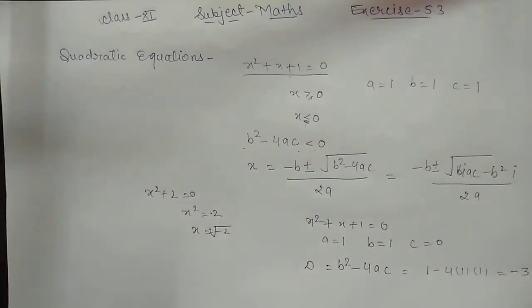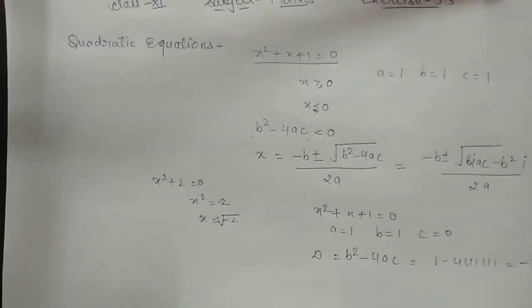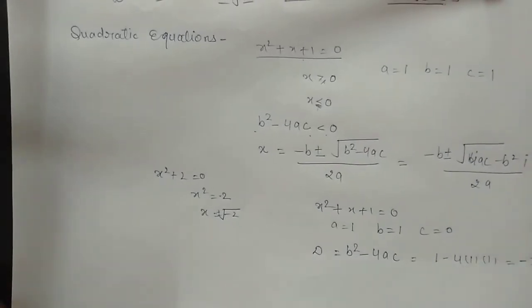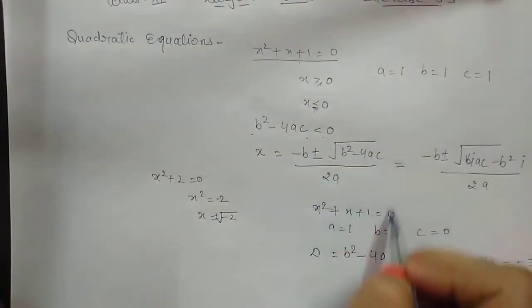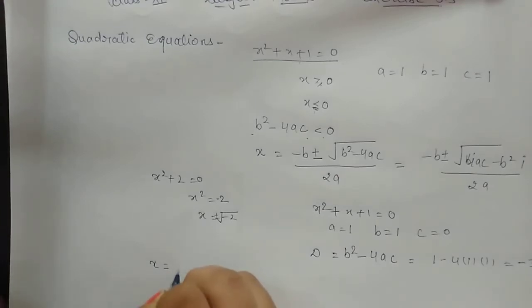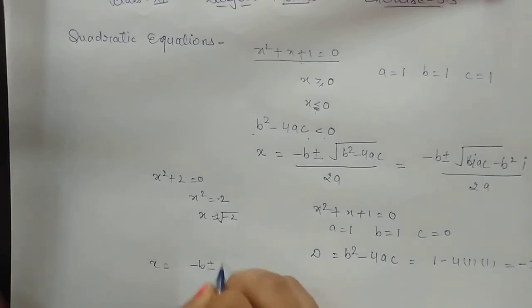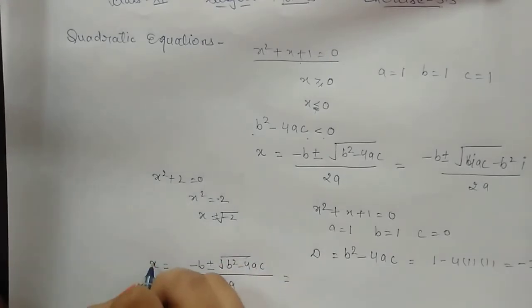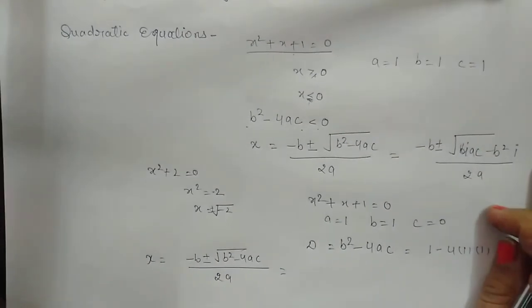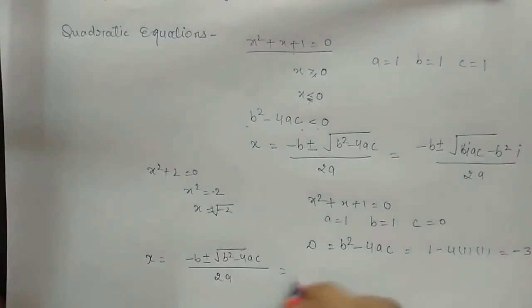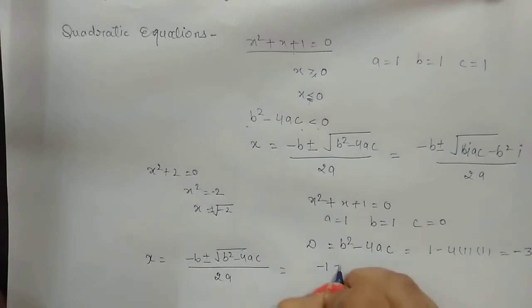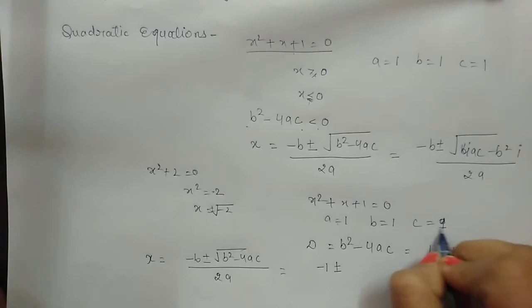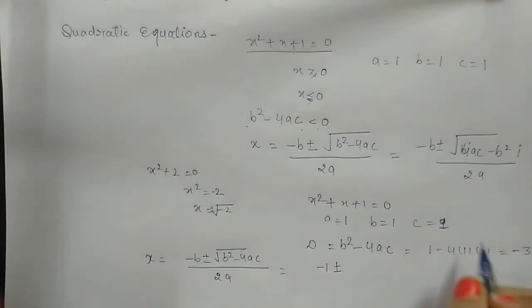तो हमारा solution क्या आ रहा है, less than 0 आ रहा है. So we can find it by putting the values in this formula: x equals to minus b plus minus under root b square minus 4ac upon 2a. इस पर्टिकुलर फॉर्मूले के अंदर हम वैल्यू पुट करके x की वैल्यू फाइंड आउट कर सकते हैं. How? Minus b, as we know, is 1, plus minus, and as we know a, b, c is 1. सारे केसेस के अंदर हमारे पास a, b, c 1 ही है.